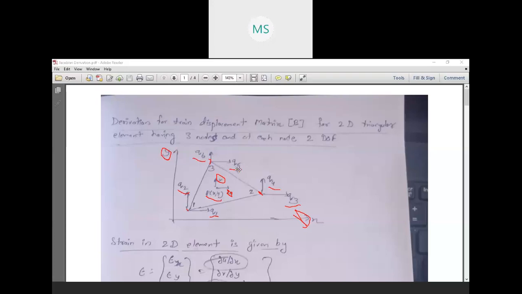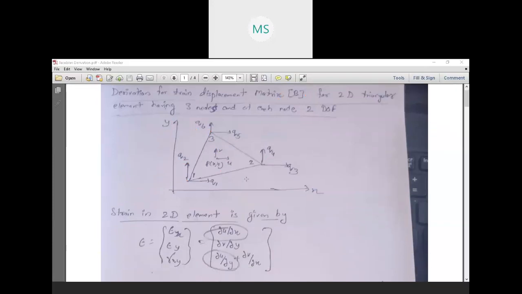Now, taking the help of all these quantities, we are going to find out the displacement matrix, which is denoted by matrix B. It's a generalized denotation for displacement matrix, which we have seen from chapter 1, 2 and continuing on chapter 3. Okay, so let us see how to start the derivation. Till here, I think it is very clear. Nothing so special, nothing new I am telling. Same thing till now what we have done. We are doing the same thing for the two-dimensional triangular element, having 3 nodes, each having 2 degrees of freedom.